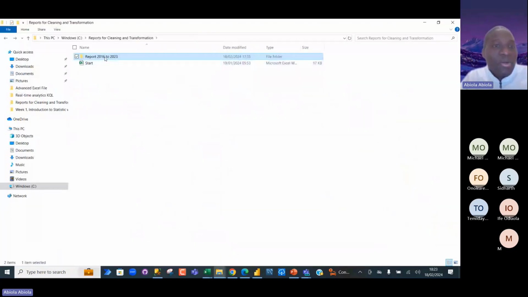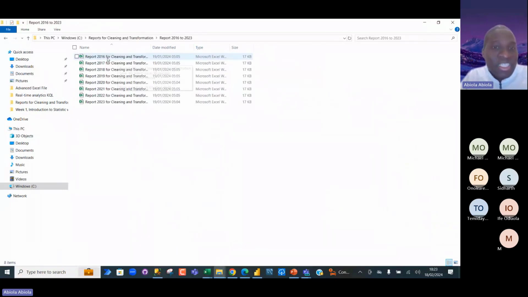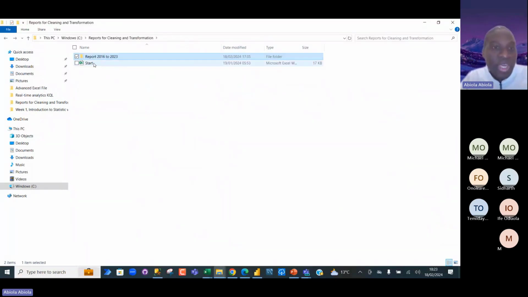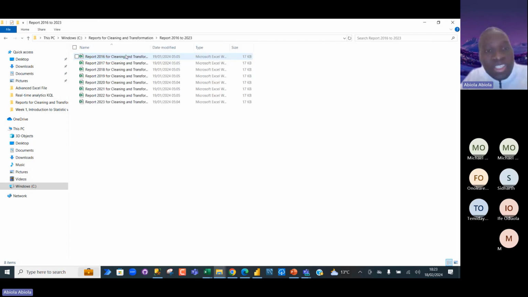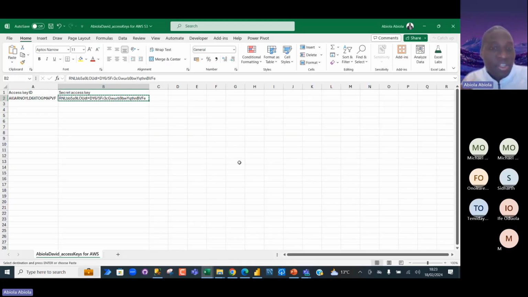I just copied one of the files. I copied this 2016 and pasted it here. It's the same content. So I just use this Excel file as a base to create a function that I invoked to ultimately transform all these single Excel files. So that's what I'm actually doing.